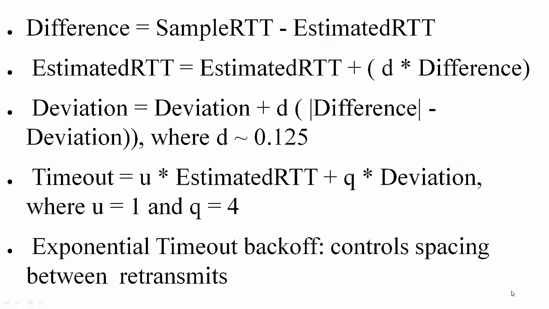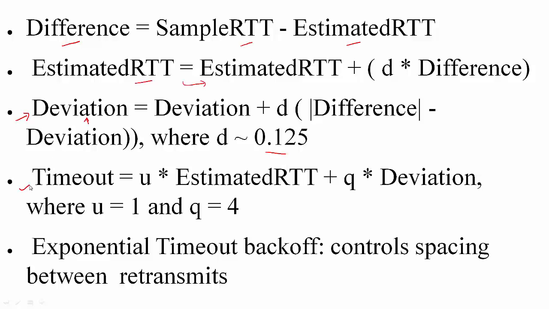So you are now going to use this difference variable to determine the difference between the sample round trip time and the estimated round trip time. Like before, the estimated round trip time is nothing but a weighted average. This is just a different way of writing the same equation as earlier. But now you are maintaining a weighted average of the difference also. This is being captured by this equation, where this is the estimate of the difference. In their implementation, they chose a value of D equal to this.